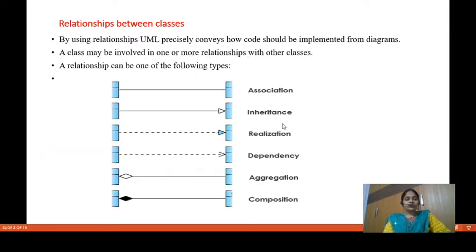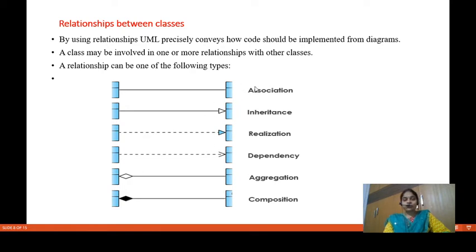Coming to relationships, from one class to another class you have to represent them by using relationships, and by using relationships UML precisely conveys how code should be implemented from diagrams. A class may be involved in one or more relationships with other classes. These are the relationship types.